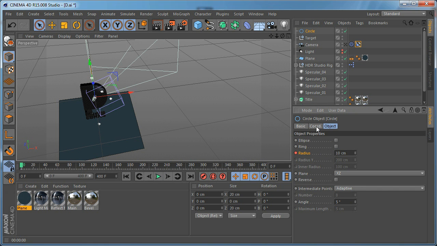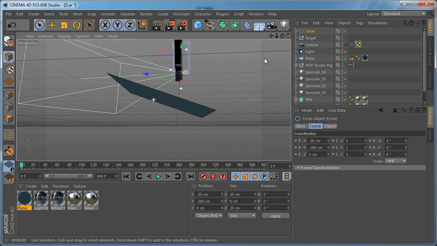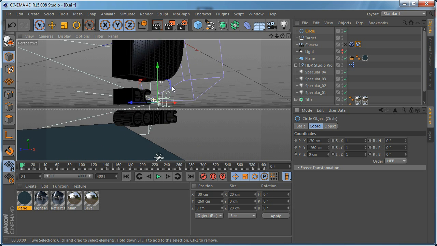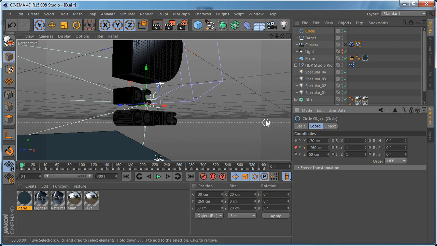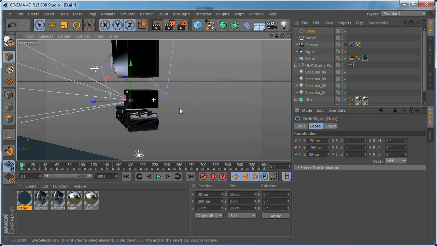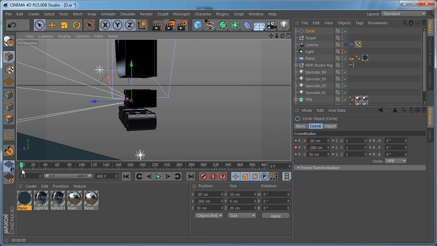Go to the coordinates and let's set this one to -30, this one to -260, so the camera is right here at the bottom. Set a keyframe for this parameter, and on the Z set it to 50 so it's right in the middle of the logo. And we need to go to frame 240